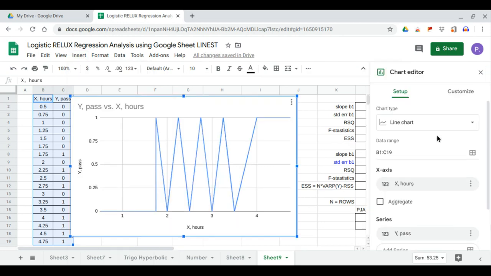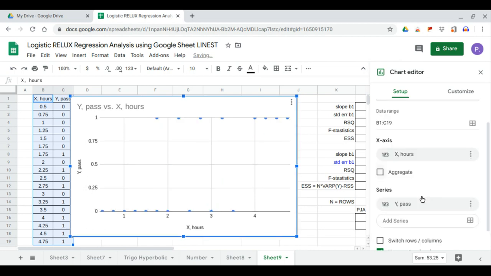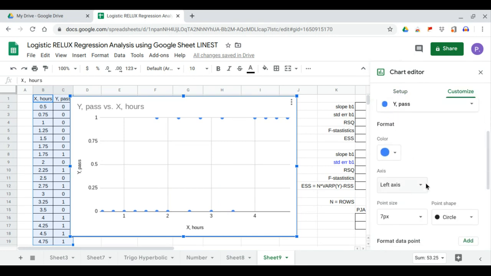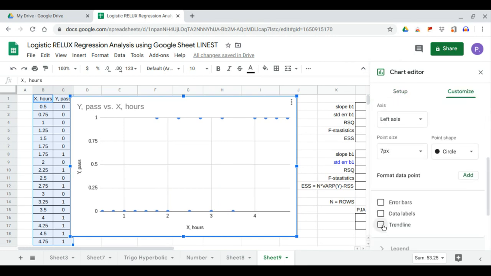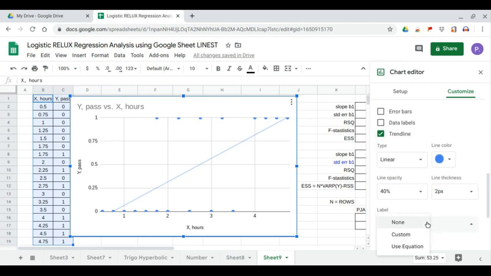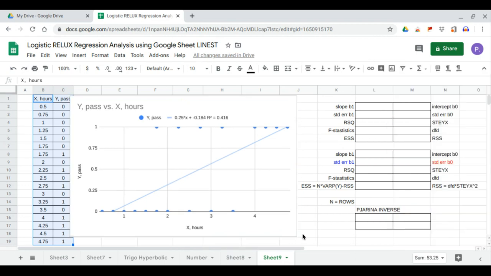the Google scatter plot chart. And we show the linear trend line equation as label, and also we should show the r square value. So here we have a trend line equation,